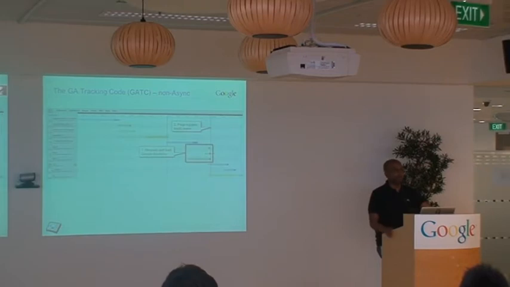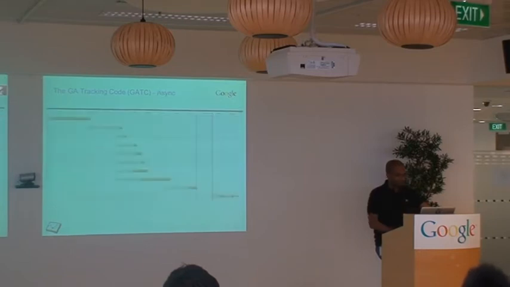But sometimes if you're in a country with low latency or low bandwidth, or something's happened on the network, your ISP's acting up, it could take a long time for all these scripts to download. Not just the GA scripts, but every other script that you're downloading, maybe your jQuery library and so on. And so this could actually affect the page load time, and in turn affect the user experience for the site.